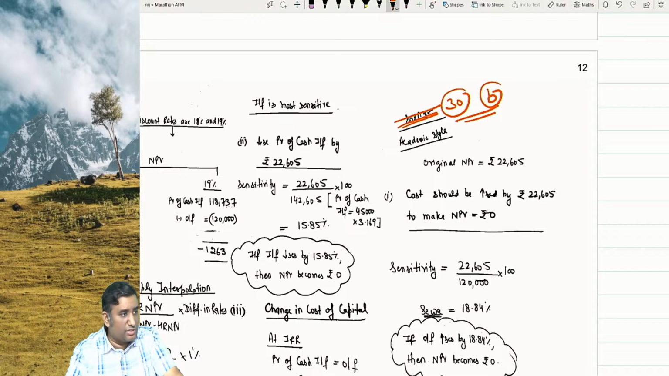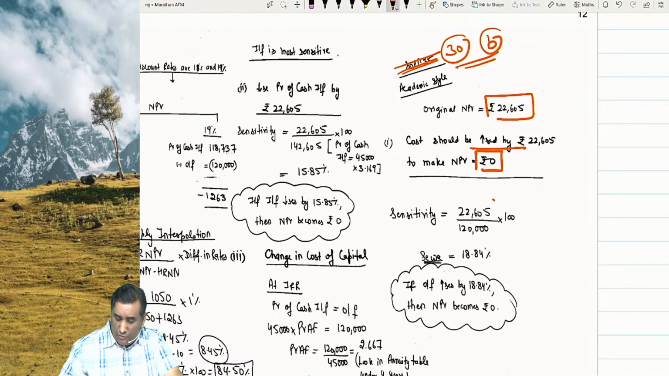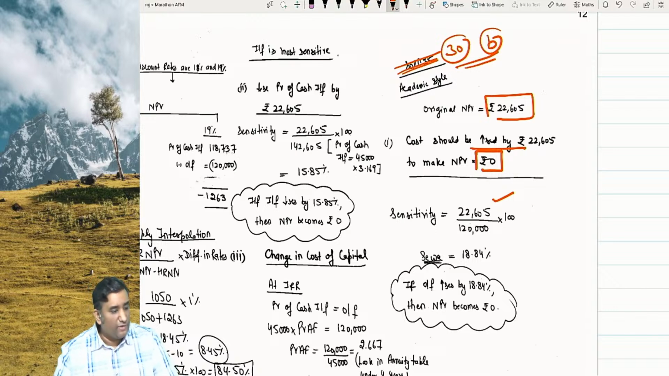What was your 22,605? Cost, you have no challenge, no problem. Cost should increase by how much? 22,605. Cost should increase by 22,605 to make NPV what? 0. What was your original cost? 1,20,000. 1,20,000 changes by 22,605,